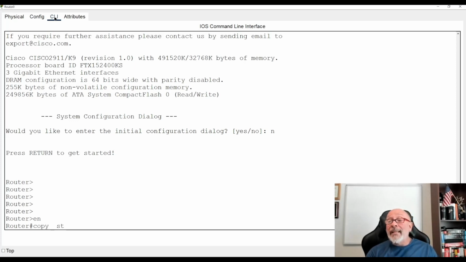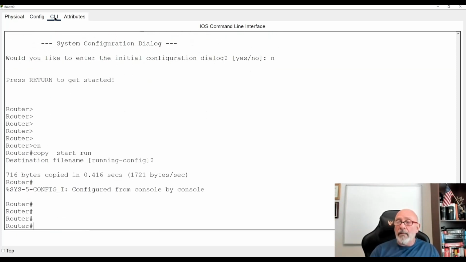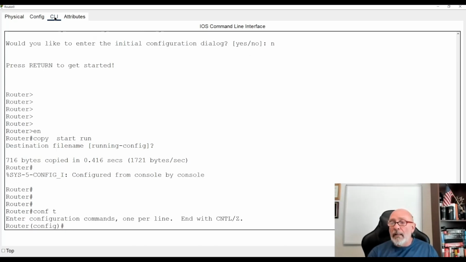Copy what's in the startup config, which is your NVRAM, into your RAM. Because you have a production router that's fully configured in NVRAM. So if you do finally get into the IOS, you want to copy what's in your startup config, because your IOS is in your flash. So they're in different compartments. Okay, so copy start run, it'll copy it to your running config. Obviously there's nothing there.